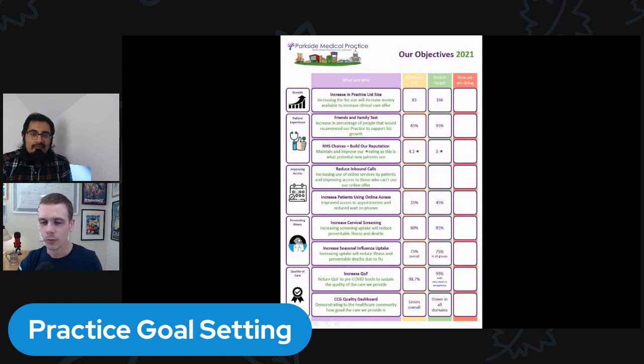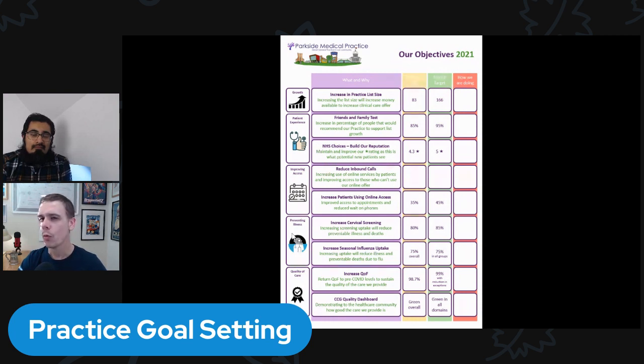Access always comes through, and that cuts through a few different stakeholders, really. CQC are always interested in access. Actually, when the patients have good access, it's a lot easier on the staff, from reception staff right the way through to our clinical staff. Yeah. So that cuts across a few of the stakeholders. We're in the business of treating and preventing illness, so we thought it was important to acknowledge that. And quality is important to us, and quality is important to NHS England, and quality is important to CQC, and quality is important to our patients. It's important to everybody. So it's important to set some objectives in that area.